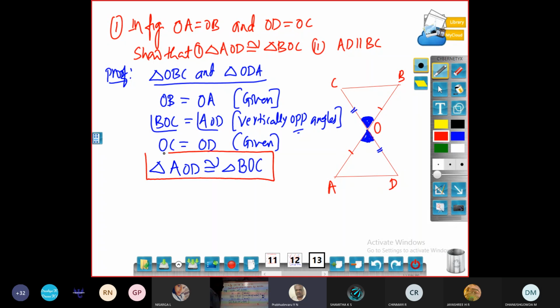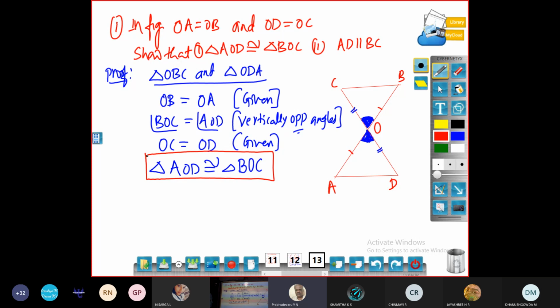See, you cannot write AOD congruent to COB. You cannot write like that. You have to write in the same order. Corresponding parts should be in the same order. By looking at this, you should be able to identify which are the corresponding sides. The first two vertices, AO, and in the second triangle BO. If I take OD, there it is OC. If I take first and last, AD, there it must be BC. Okay. So we have proved the first one.